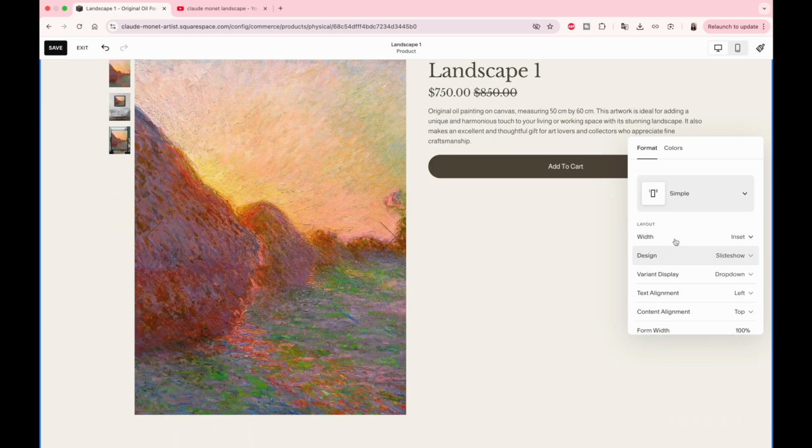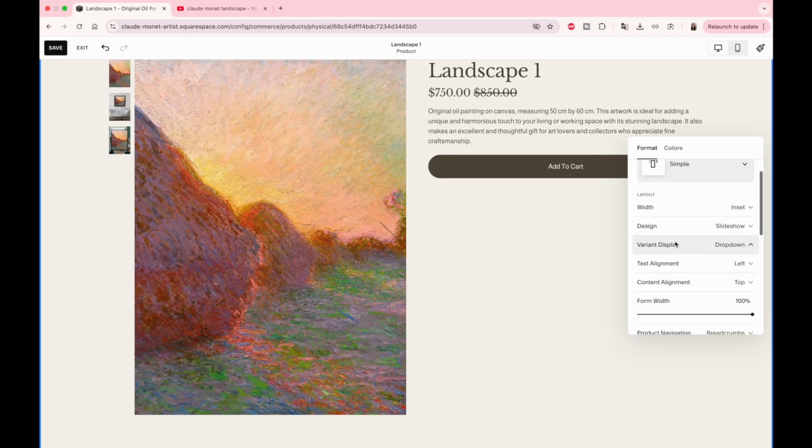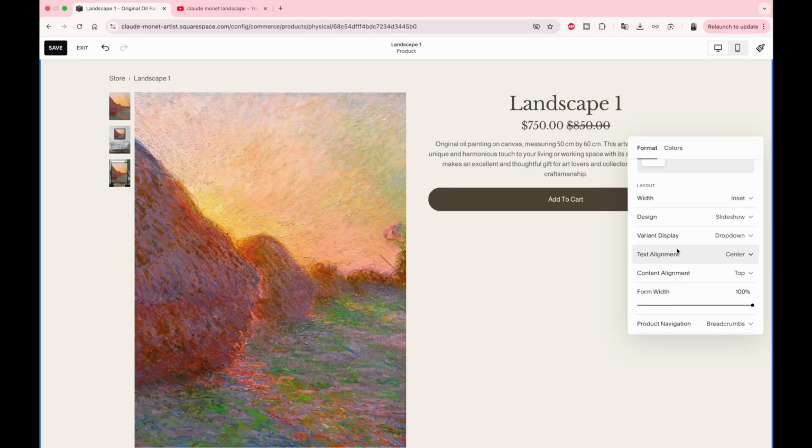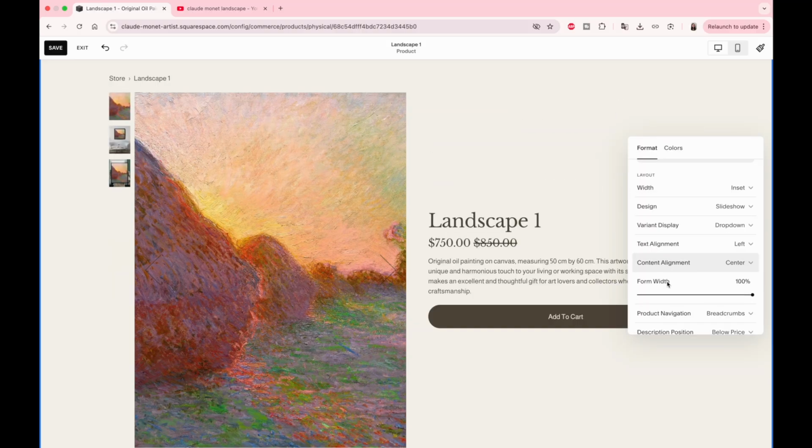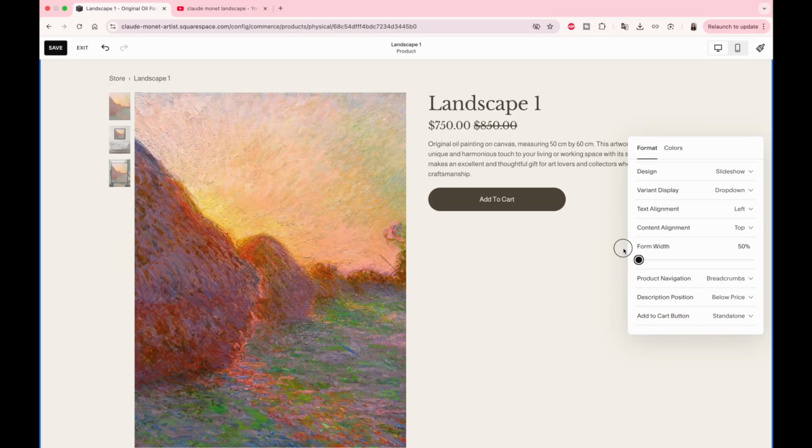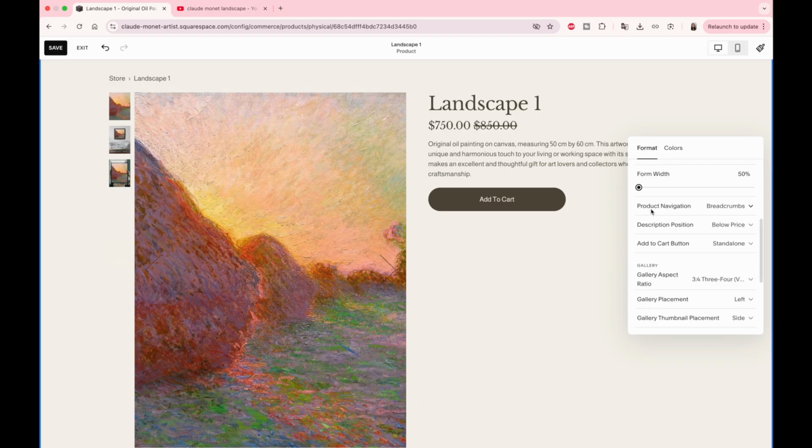And I will stay with this slideshow. Variant display will be only relevant for prints. Feel free to change the text and content alignment and the width of the button. For the product navigation, I suggest to keep the breadcrumbs option so viewers can easily go back to your store